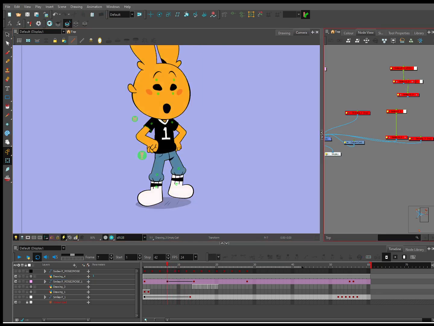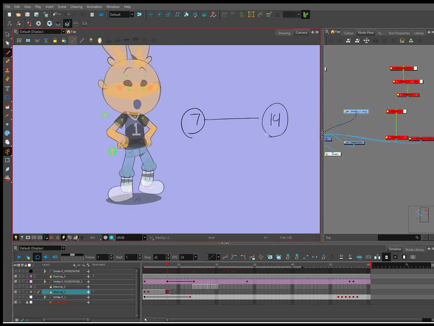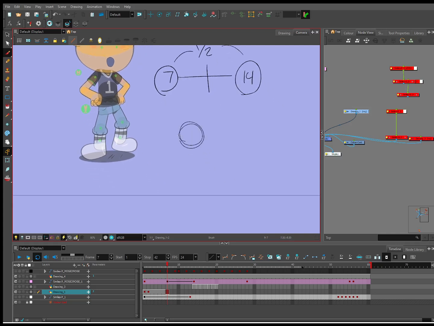And I want to get something that is... Let's get a little drawing up here. So this is frame 7, and this is frame 14. I do all of this mentally. I'm trying my best to slow myself down and explain what the choices are. Ultimately, what I want is a keyframe. This is halfway, our halfway point. If I want a body spacing that favors frame 7, because what I want is a...